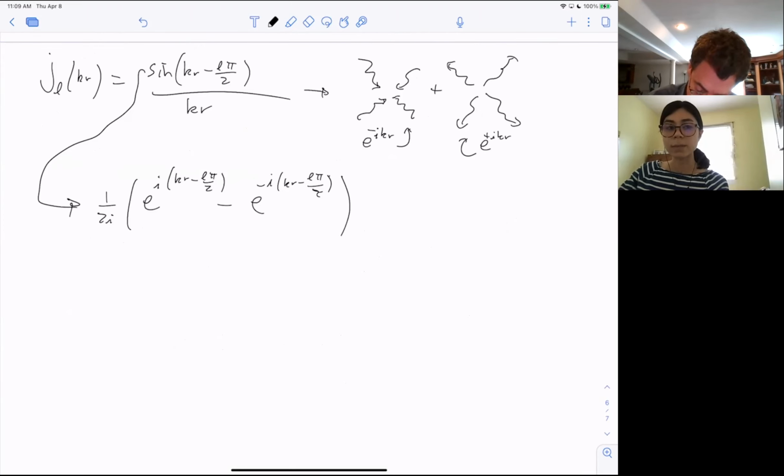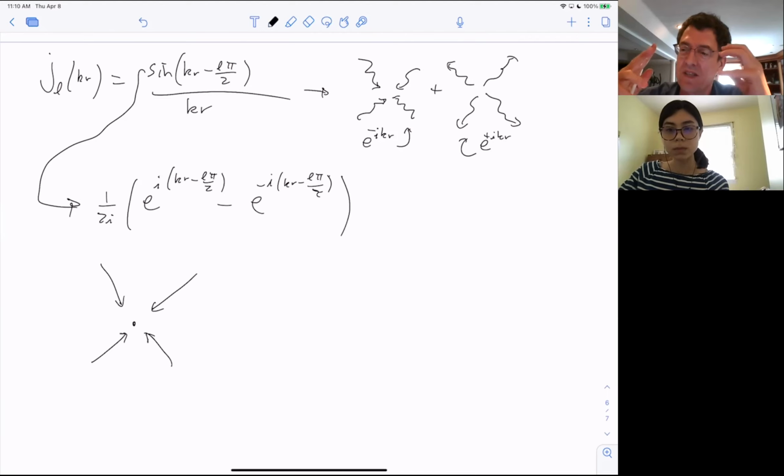Let's consider the origin. In spherical coordinates, I could either have an incoming wave or an outgoing wave, right? If it's a spherical wave and it's traveling, it only has two ways to go, in or out. So let's consider the ingoing wave. If the probability current is flowing inward, it's going to hit the origin. What's going to happen at the origin? There's nothing there. It just goes past it. So that means as it goes past the origin, it has to turn into this,